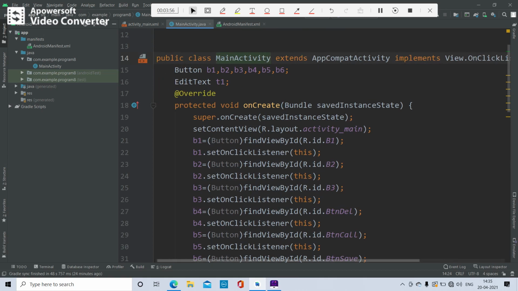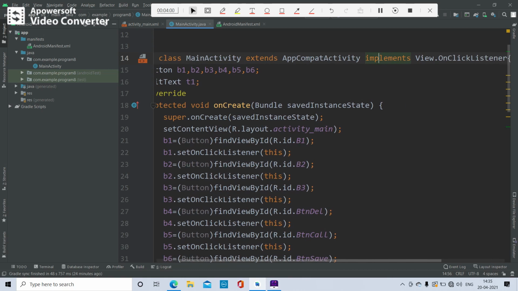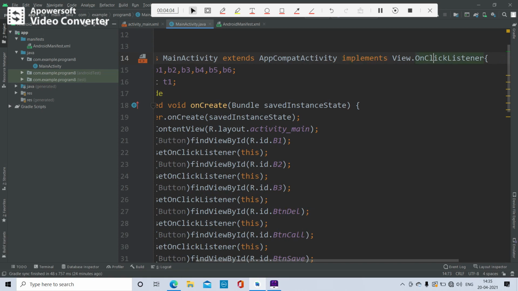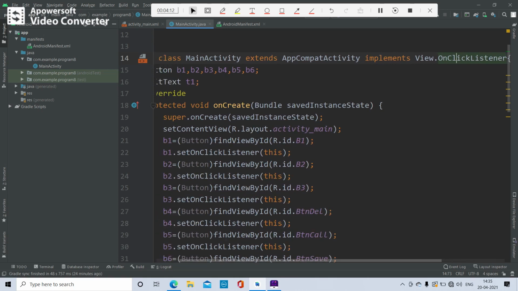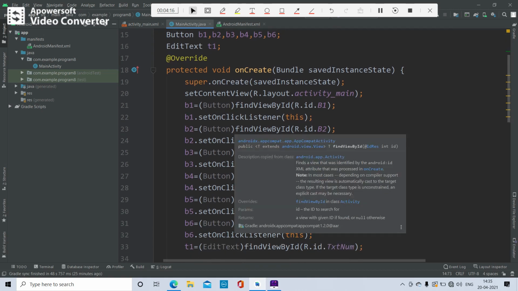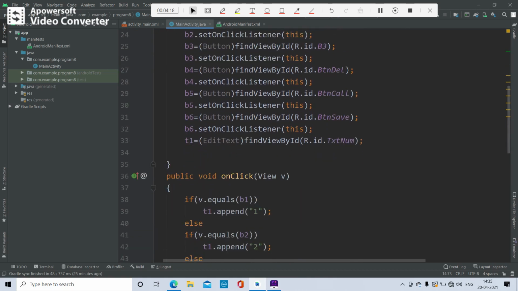In that activity you have to implement the interface View.OnClickListener, and the interface contains the onClick function.